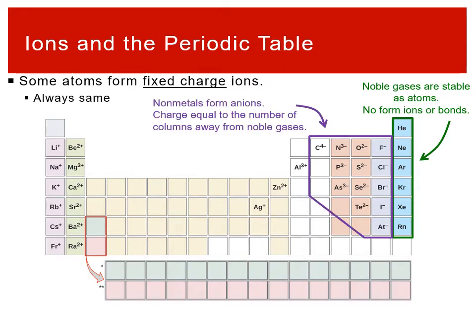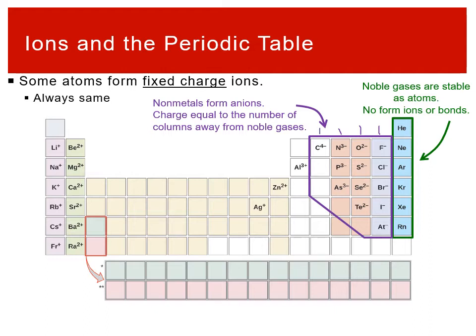If we then look at our nonmetals, right, that far side, we can see that they are forming anions. Okay, so the nonmetals that aren't noble gases, when they form ions, will always be anions. They will always go negative. And how negative is determined by the number of columns away from the noble gases. So again, it's based off column. Columns have similar chemical properties. So we can see that the halogens are one column away from the noble gases. That's why they're all -1. When we go to the oxygen column, we're now 2 columns away from the noble gases, so it's -2,